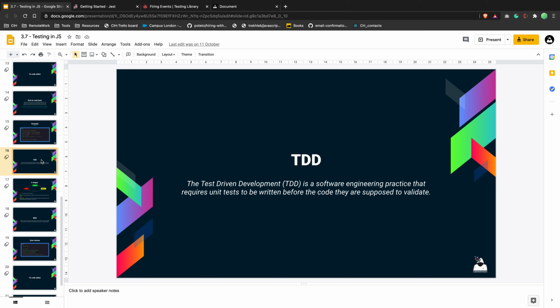So TDD, we already spoke about that. This is test-driven development, and it's tests first, and then you write your code. Because if you write your code and then tests, it's not TDD. And the funny part of this story is that many companies say that they are looking for TDD. Do you know TDD? Do you follow TDD?